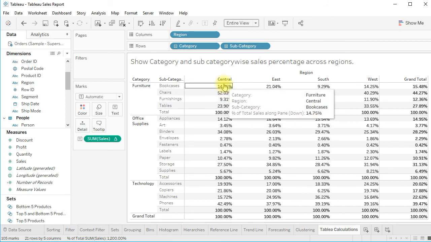Okay, so percentage of calculation is very interesting. Right now we have performed this in table view. You can perform in any visual. You can perform in column, you can perform in vertical bar, horizontal bar, in your stack calculation, in whichever you want to perform, you can perform. We will cover this again in some of our exercises in future classes.